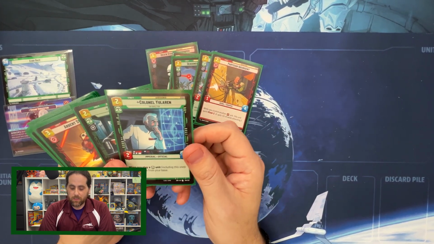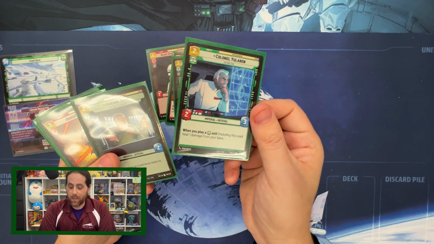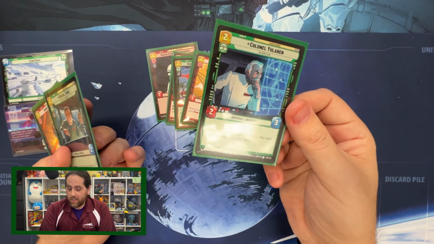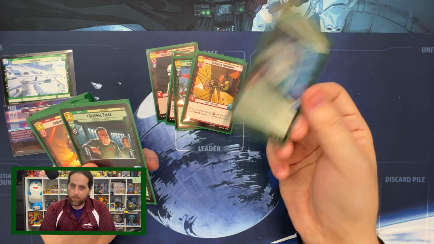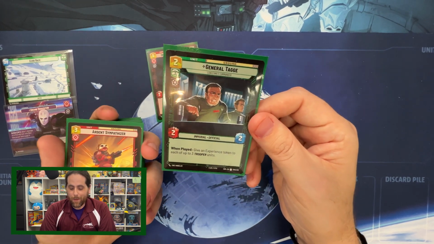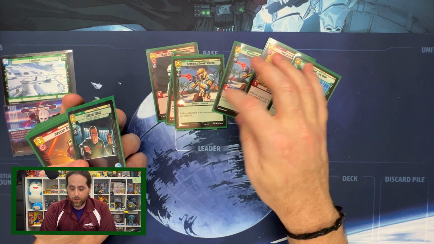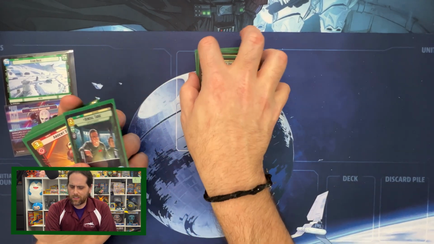Colonel Yularen. Whenever I play a command unit, including this one, I heal 1. So something just to maybe keep me in the game a little longer if I need to. His stat line's not terrible, 2-3 for 2. So I can ping him and attack with him multiple times. This guy, I'm excited for him because he gets to give experience tokens to a bunch of Trooper units, 3 of them. And most of my units so far are Troopers. In fact, all of these are Troopers except for Yularen,